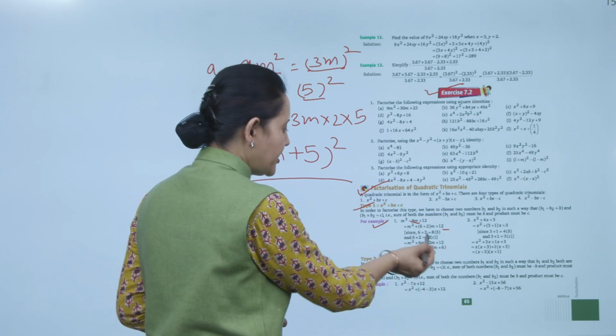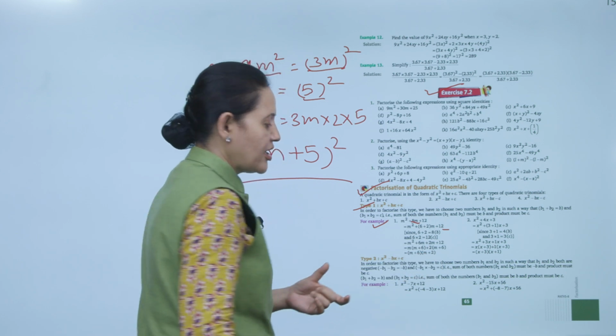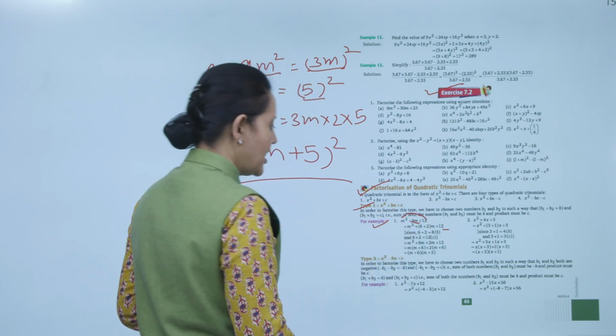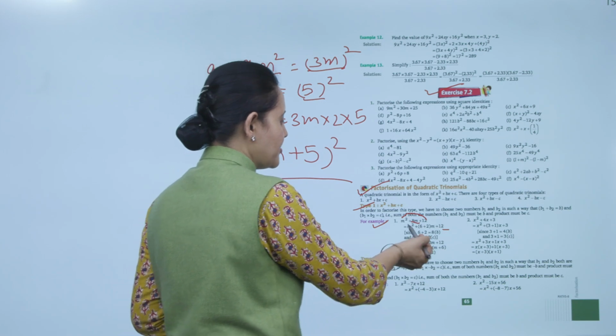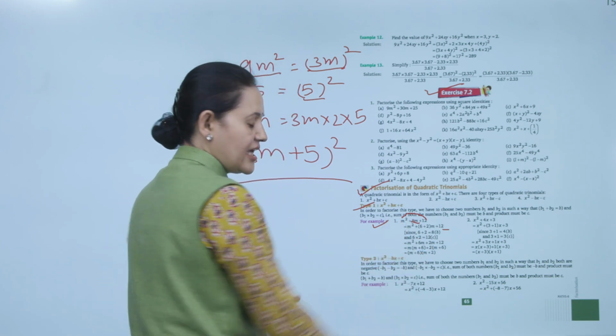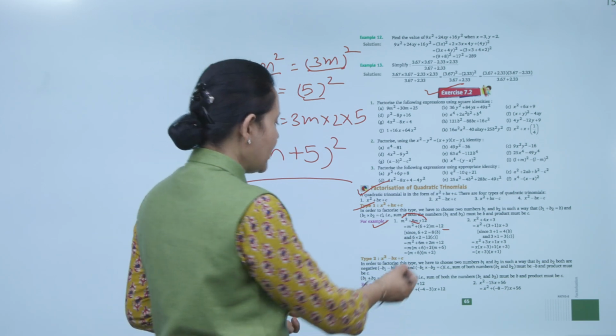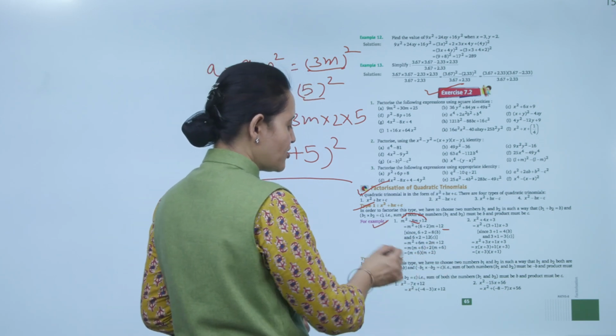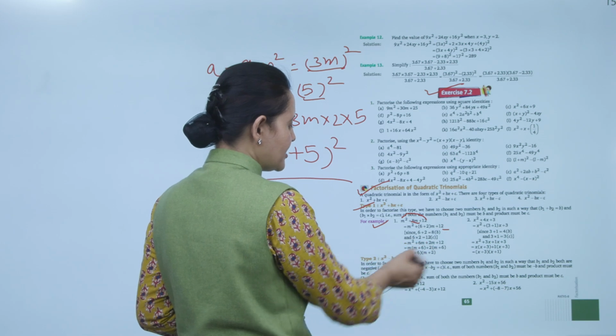So what is the product? The product of 6m and 2m is 12m square, which is equal to the product of these two. And when we add them, that is equal to the middle term. Now we'll take common. We'll take m common: m plus 6. And in these two, we'll take 2 as common: m plus 6. So we get two factors. One is m plus 2 and the other is m plus 6.